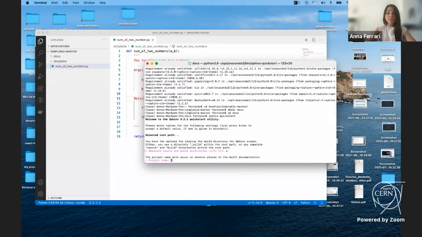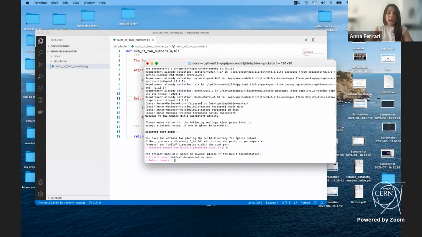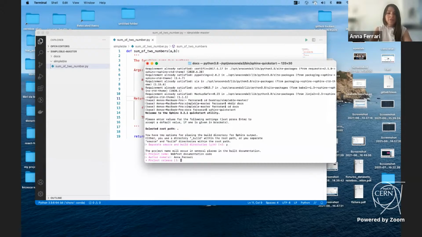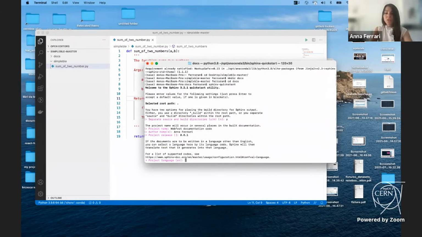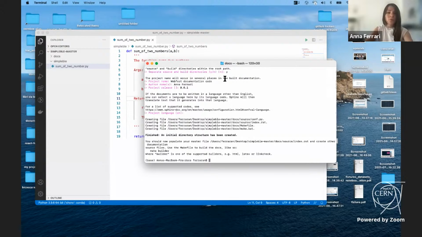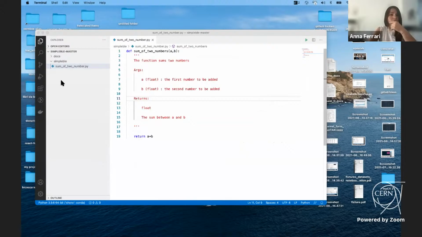So my project name, so for Webfest documentation code. Author name, I will put my name, Ferrari. Project release, maybe we start with a 0.0.1. And in language, English is the default, so I don't need to specify. So this is the procedure that guides us to create the right file for the